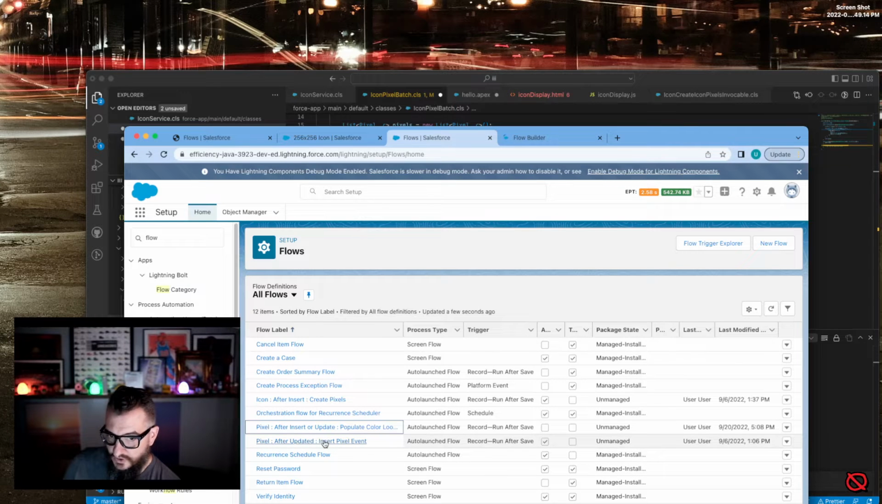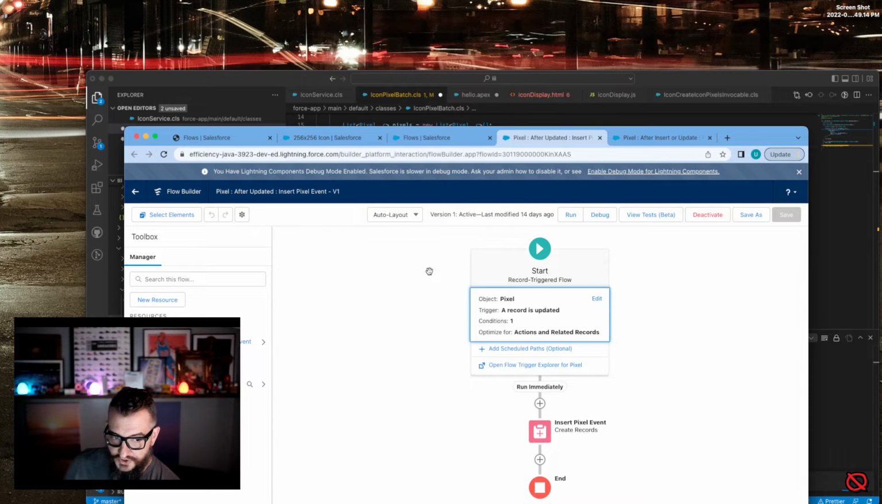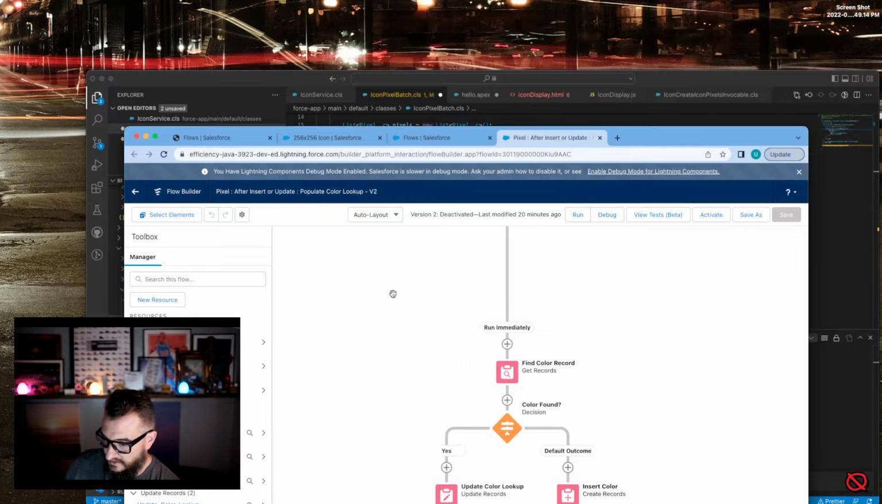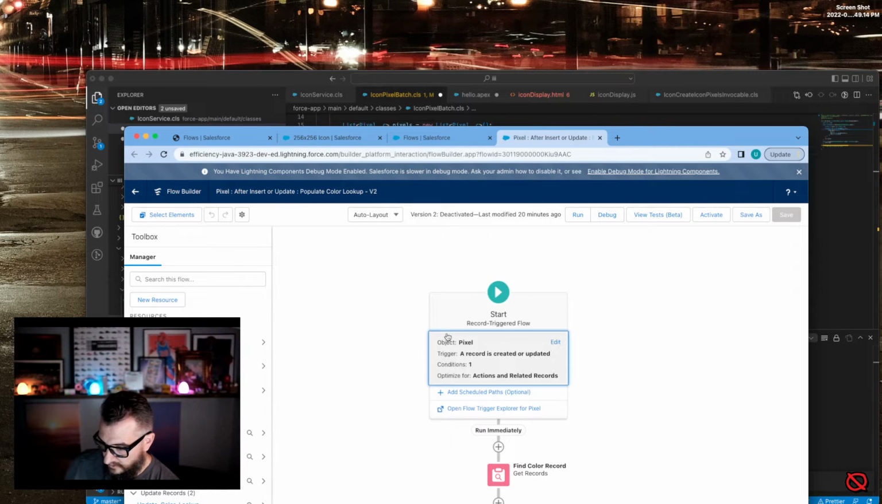I don't believe this one is slowing us down because this is only running after update. This is what issues the platform event to tell other people looking at an icon, yo, I'm doing something to it. Yeah, this is only on update. So that isn't our problem. This here looks to say